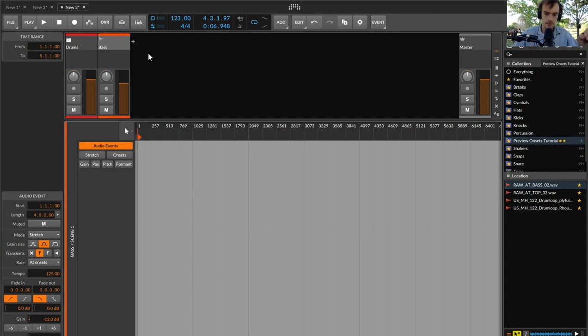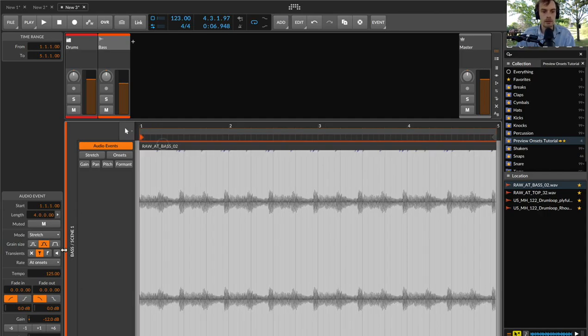Optical techno, dude. Okay, so let's go in here, and by default, let's just go straight to slicer onsets, hard transient, short grain size. And what have we got? I mean, it already creates something. It's got a quite defined sound using this preview onsets thing. It is quite short and choppy, sometimes not in the way that you would like across every sound, but it definitely does create